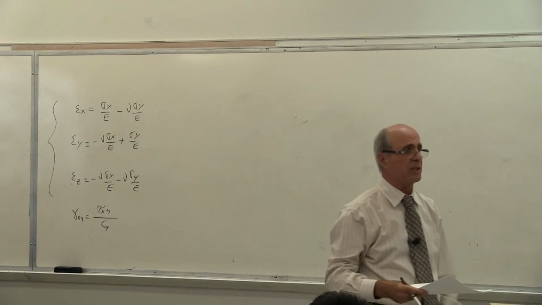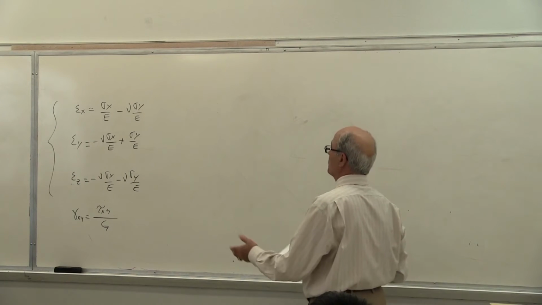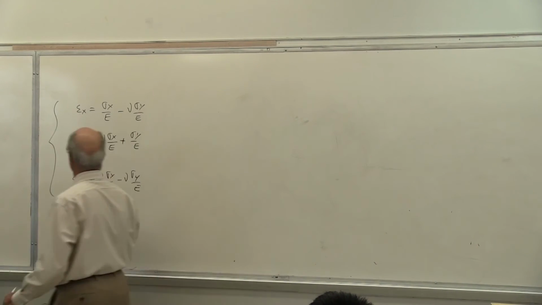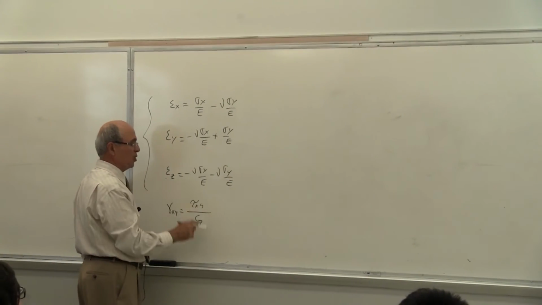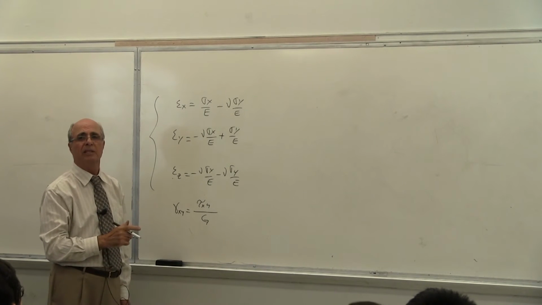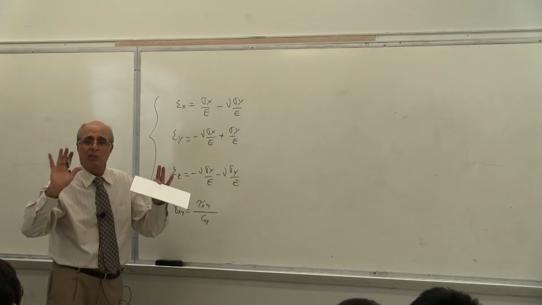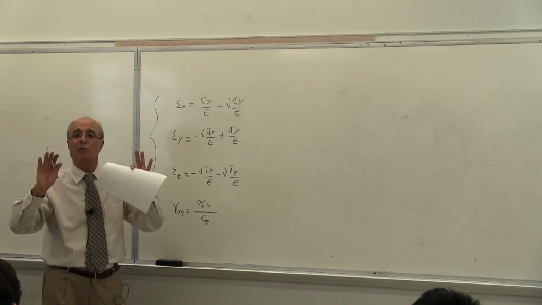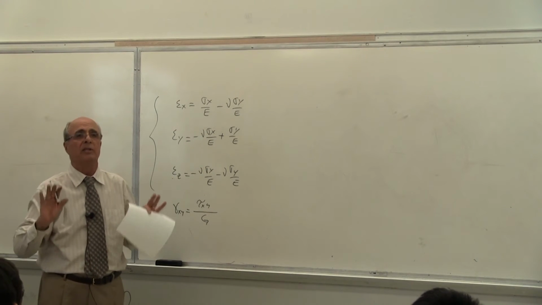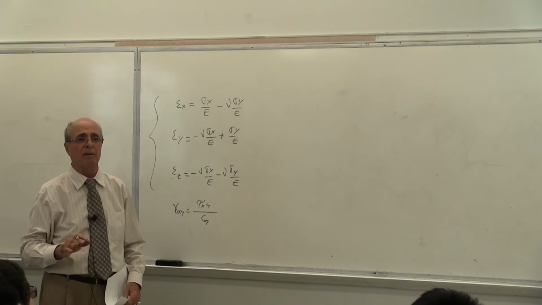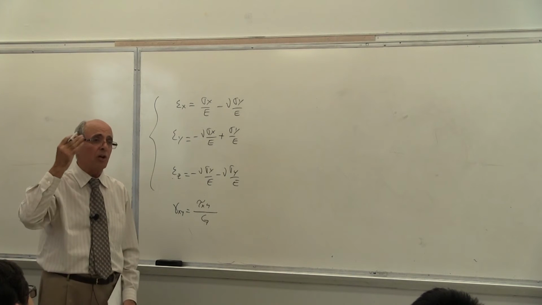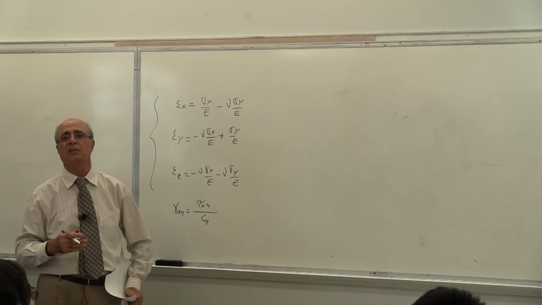So epsilon x is how much? 340. So 100, 200, 300, 340. Okay? Then I have to go here, gamma. The first thing you want to do in this type of problem, which is Mohr circle for a strain, by the way. Remember, this is Mohr circle for strain. Is that correct or not?